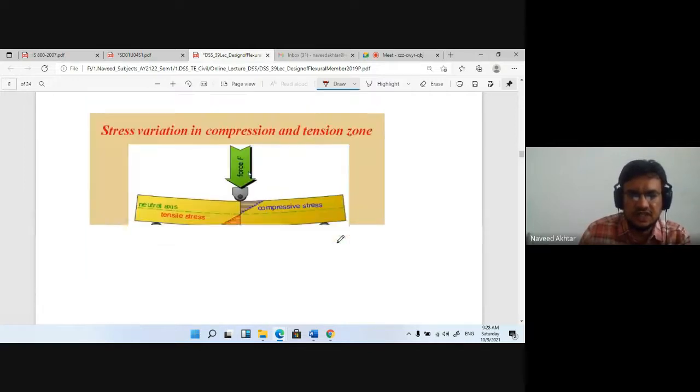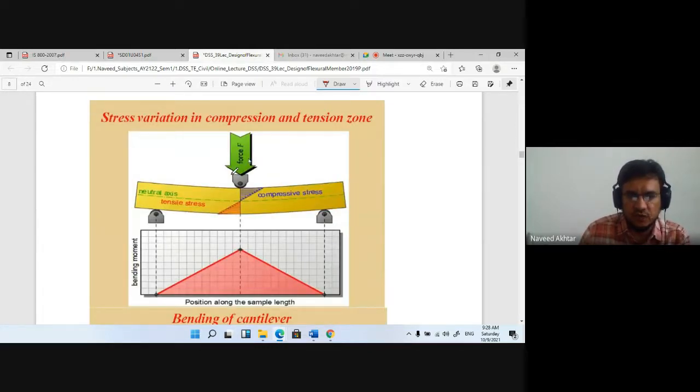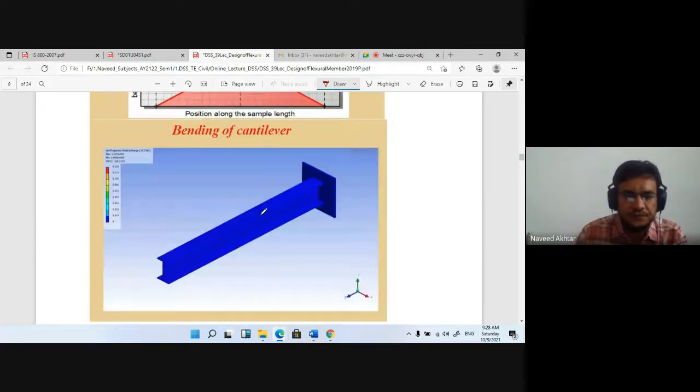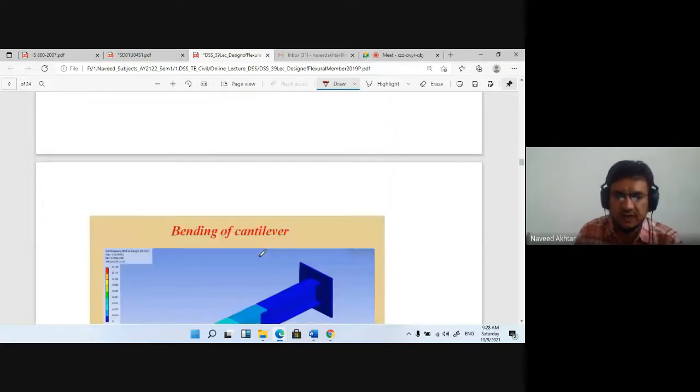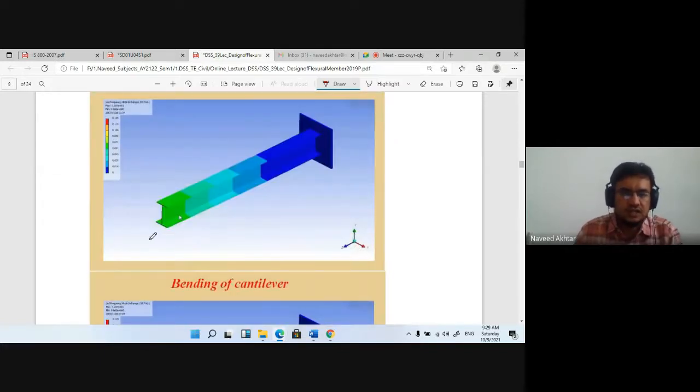Now we will see, if the force is large and there is bending, then the stresses also enlarge in the compression and the tension zone. But in case of a cantilever, if it is fixed and supported, you can see the maximum bending will be at this point. Because if you draw a line, there is load. So what happens? It will deflect, and the bending will be like this.